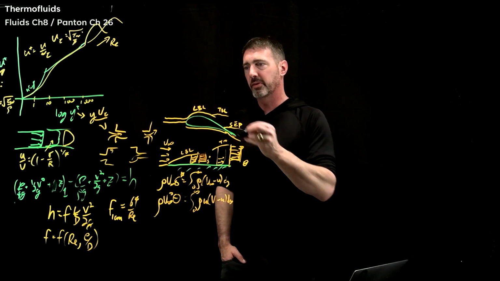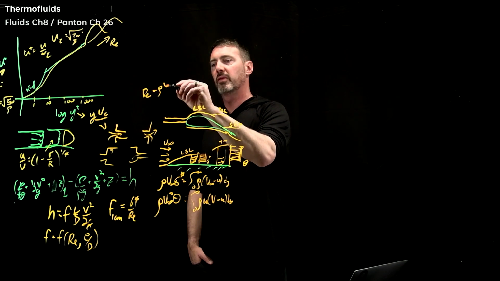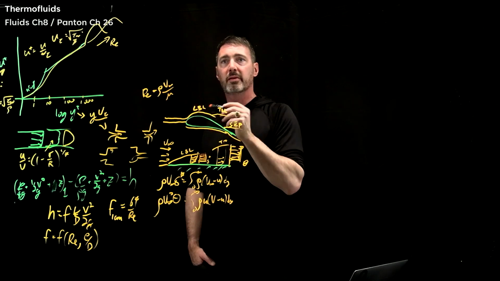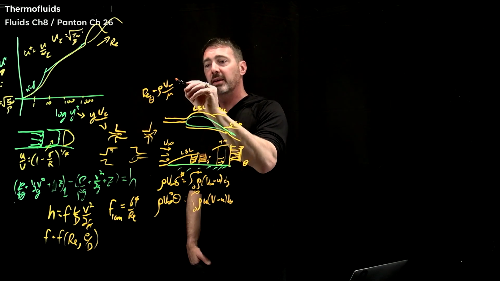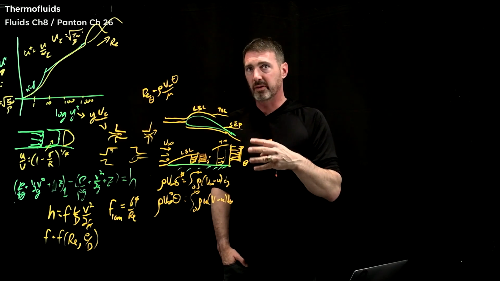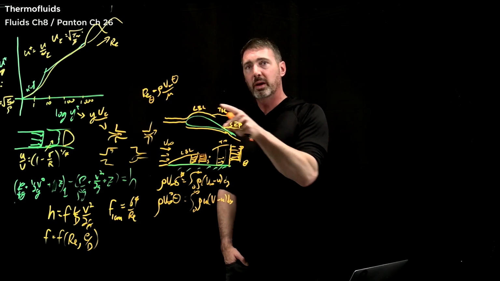So remember, a Reynolds number is rho times some sort of velocity, so maybe you take u infinity times a length scale divided by nu. And so there's actually a definition of Re theta, which is based on the theta. And so this is a very useful thing when you start talking about really, again, real applications, which is where this comes back to,